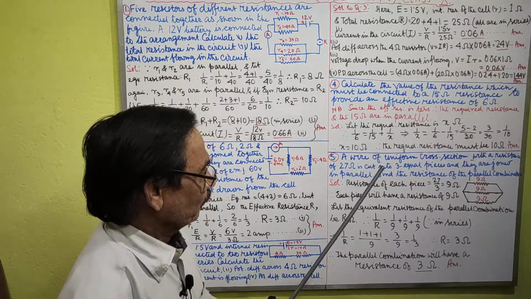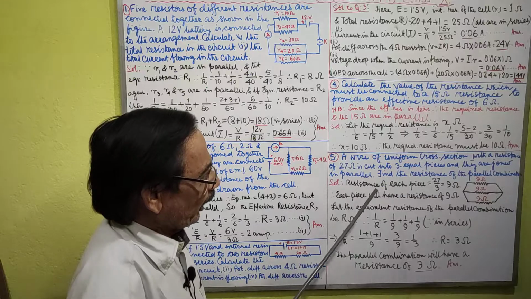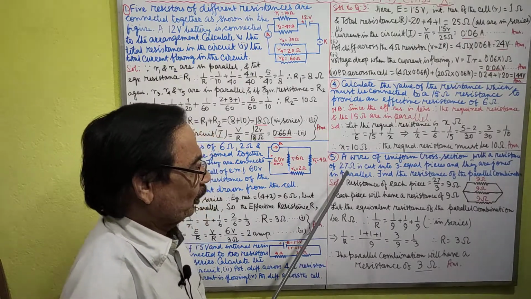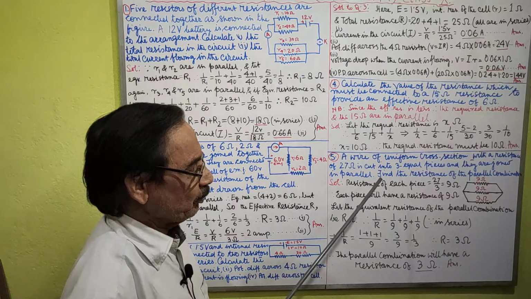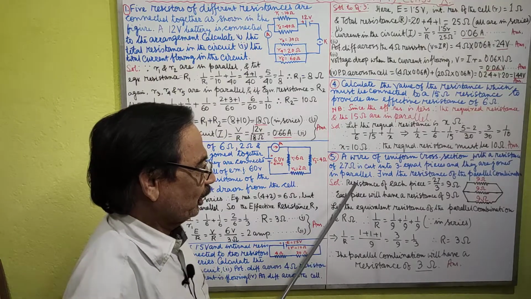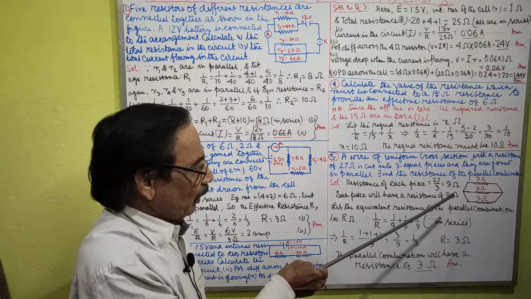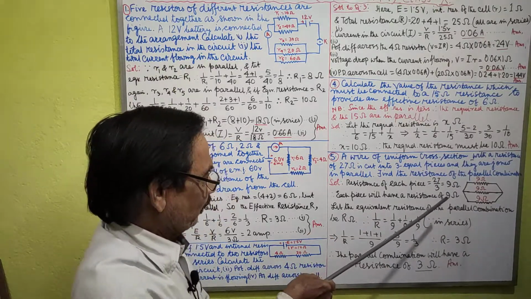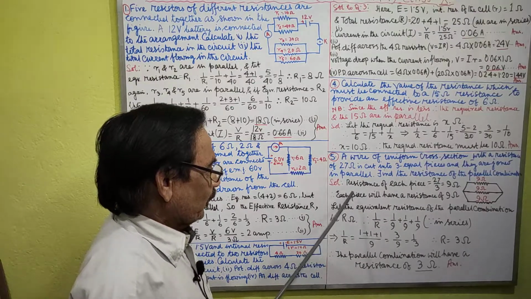This is the answer. Number 5: a wire of uniform cross section with a resistance of 27 ohms is cut into 3 equal pieces and they are joined in parallel like this. Find the resistance of the parallel combination. The solution is that